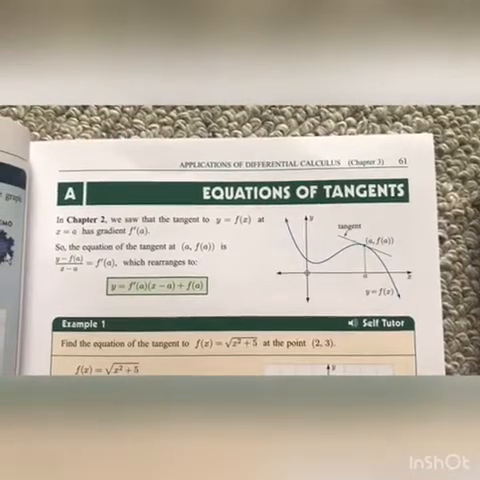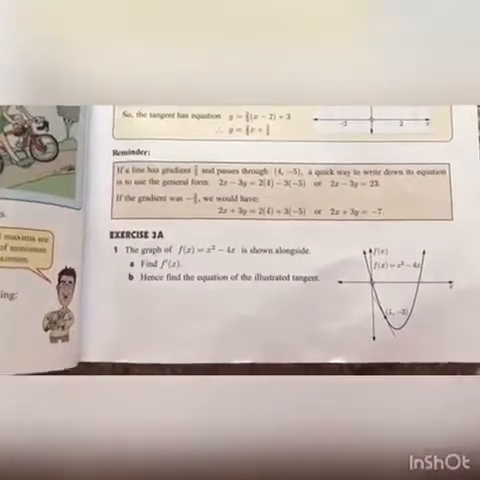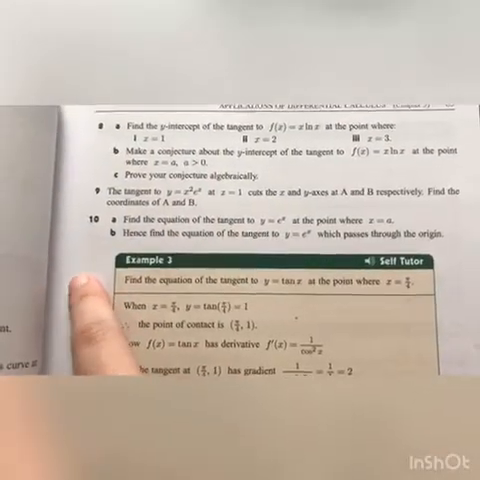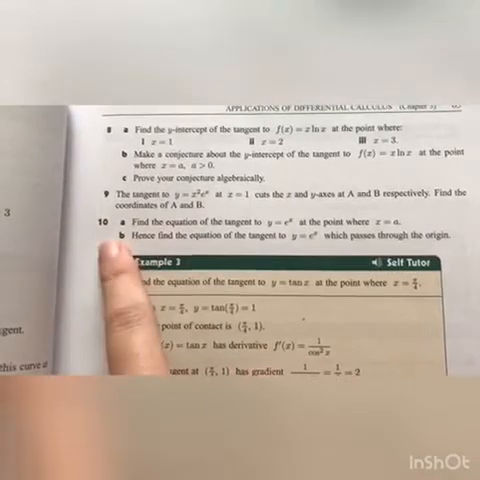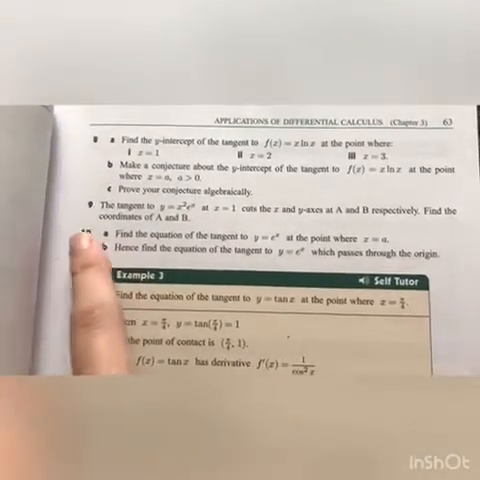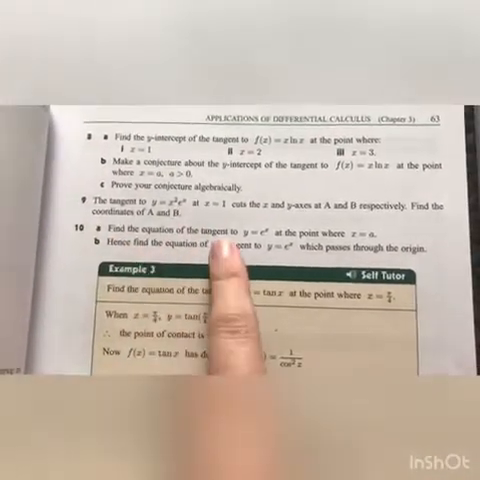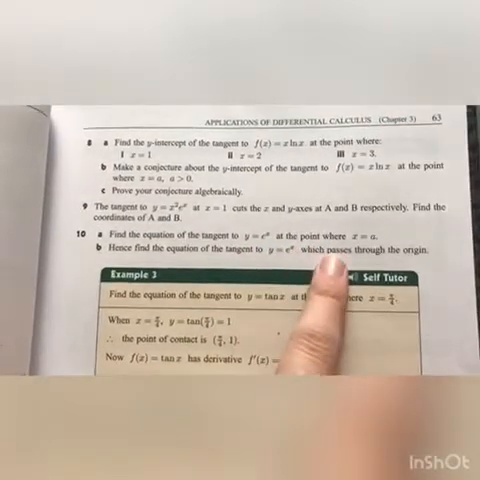Today we're going to be looking at the equations of tangents in Chapter 3, Exercise 3A. More specifically, we're going to be looking at questions 10a and 10b. Starting off with 10a: find the equation of the tangent to y equals e^x at the point where x equals